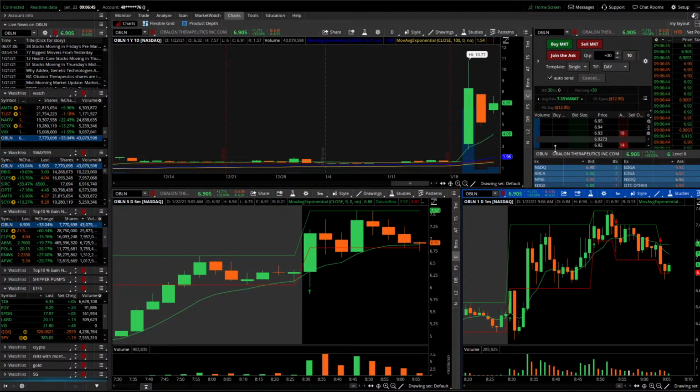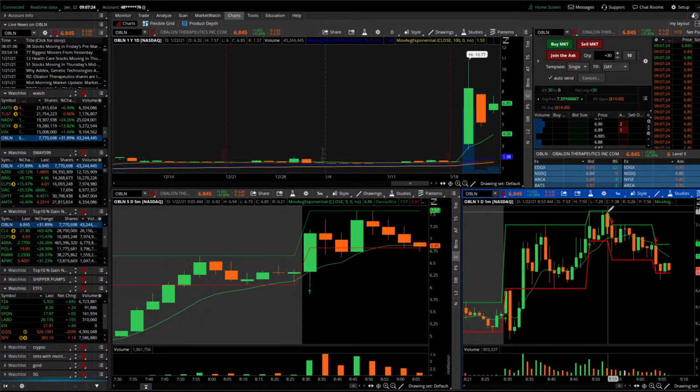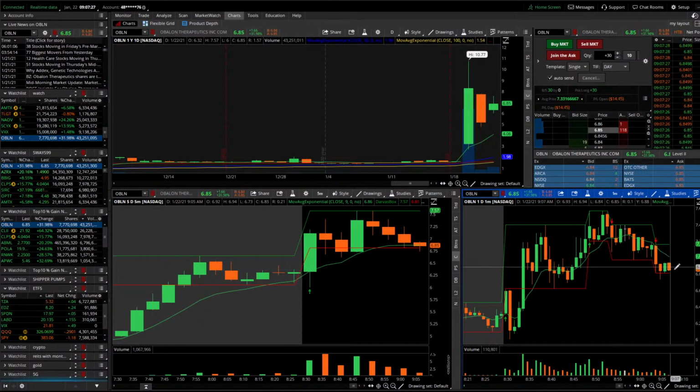See, some sellers sitting at 694. The sellers keep dropping down on the ask. They're trying to push us down. Feels like there's a lot of shorting pressure in this. And those shorters are probably sitting at that 750 area. And now they're trying to push it down because right now that's what it looks like. It looks like shorters trying to hold it down, because every time